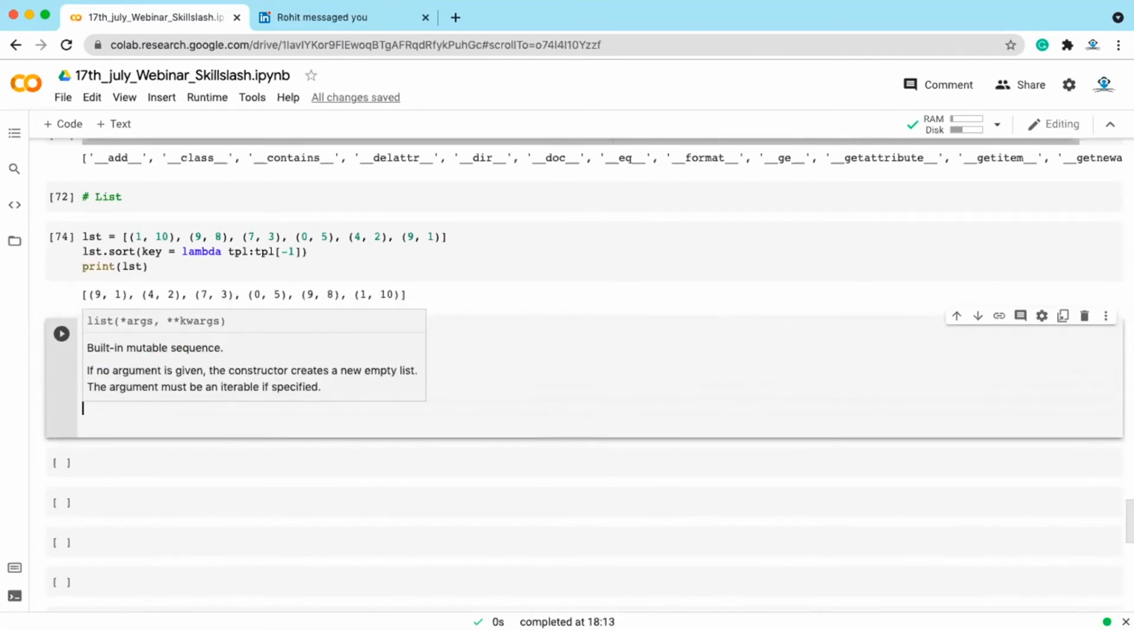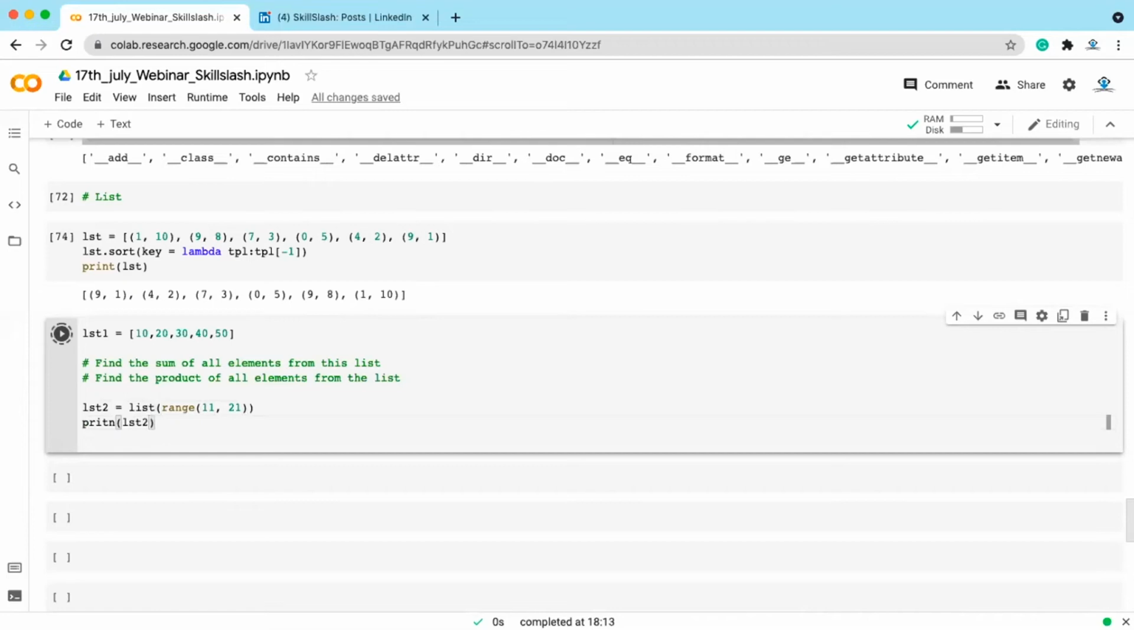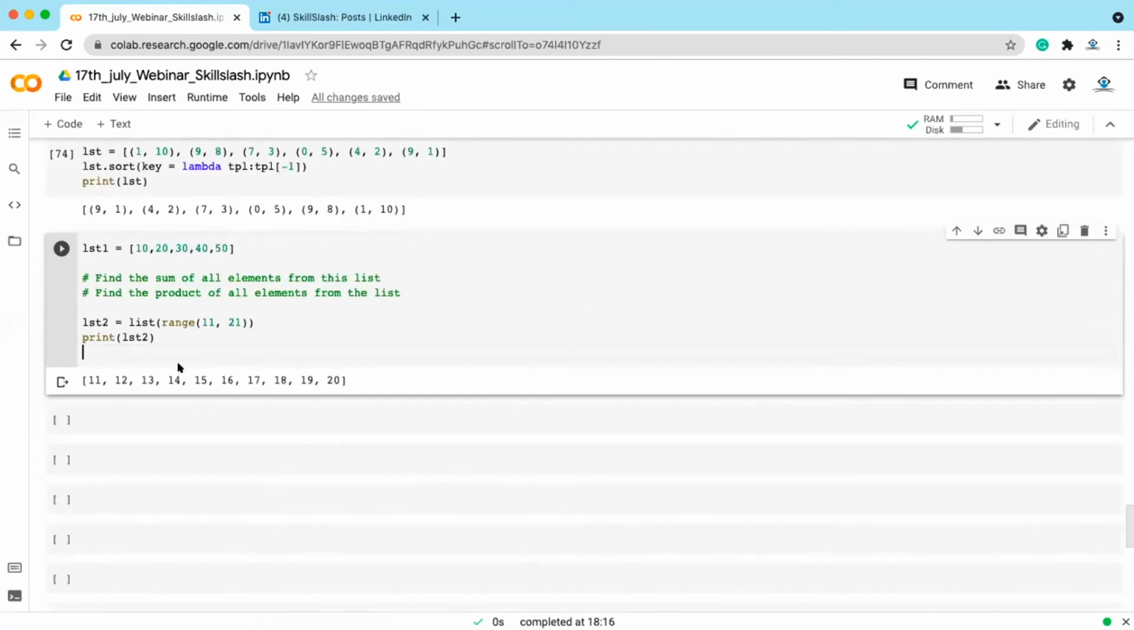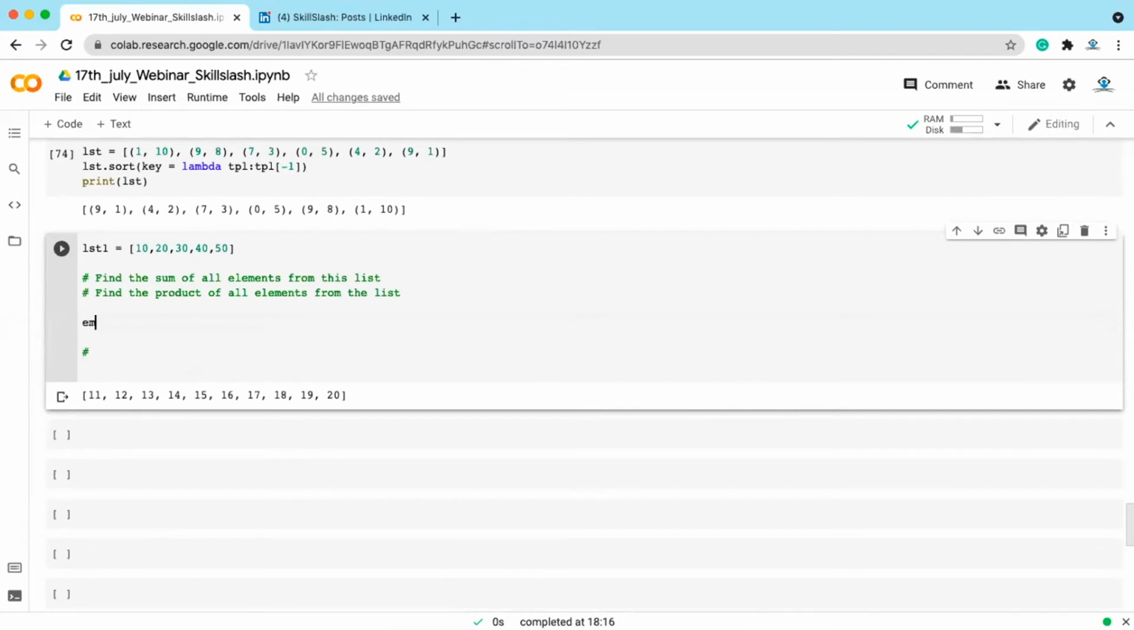Then we have one more list. lst2 is equal to list of range of 11 comma 21. Now print lst2. We have this list 2. This is the list 2. What I want you guys to filter is, not this one, let me take email underscore lst is equal to,